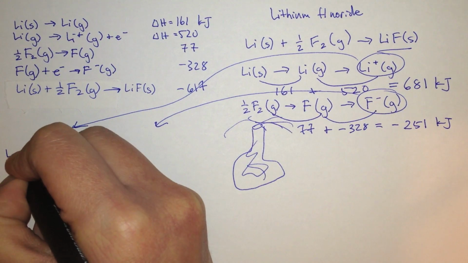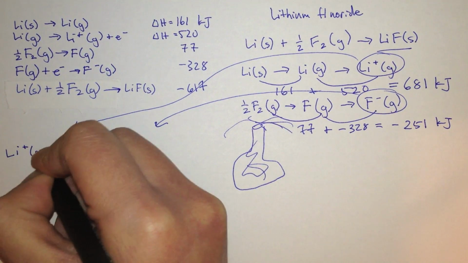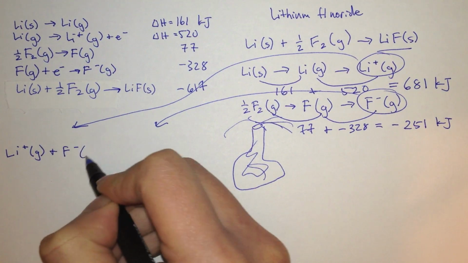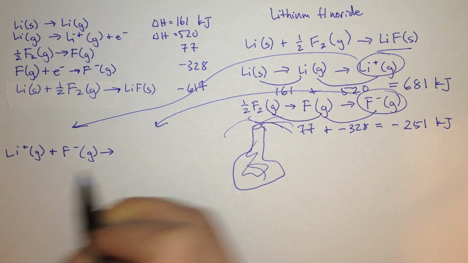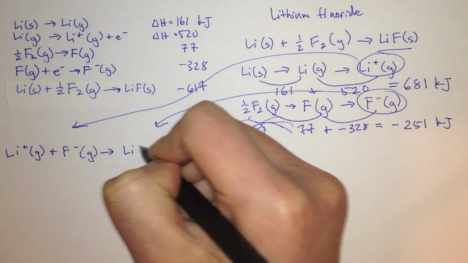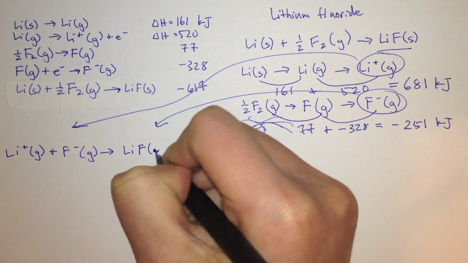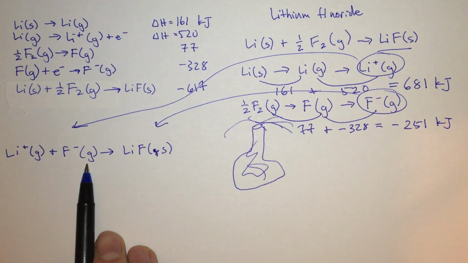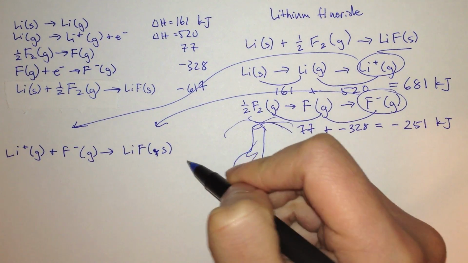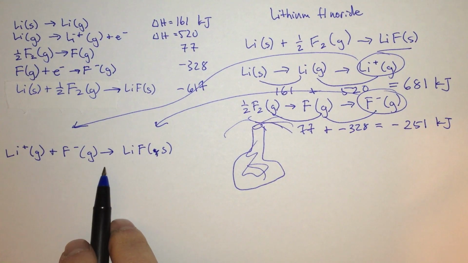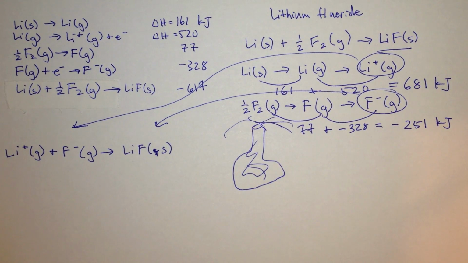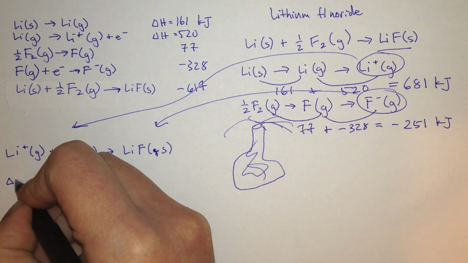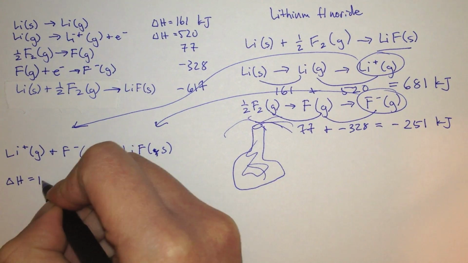And now we take these, just like we did in the previous problem, and we write another reaction. Here's our lithium, and here's our fluorine ion. And we want to put these together to create solid lithium fluoride, because we take the gaseous ions and we make a lattice, and this is the definition of the lattice energy. So again, we're going to use the heat of formation, the heat of reaction. And the heat of this reaction is equal to the lattice energy,